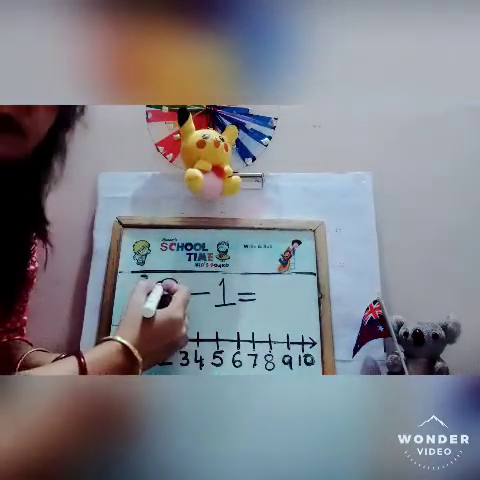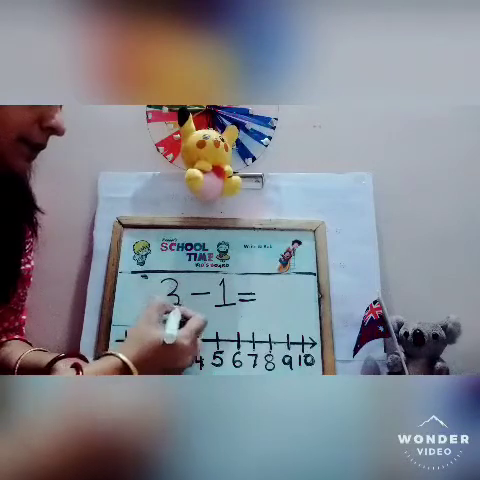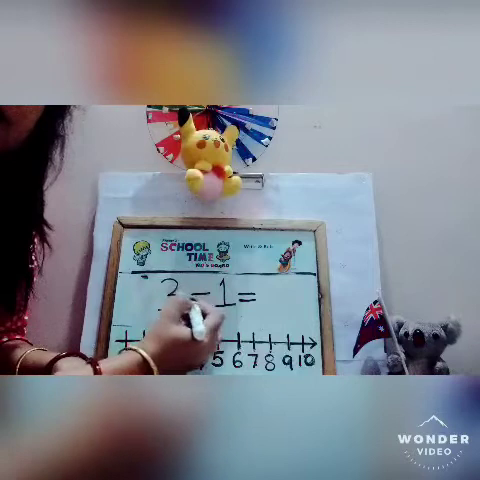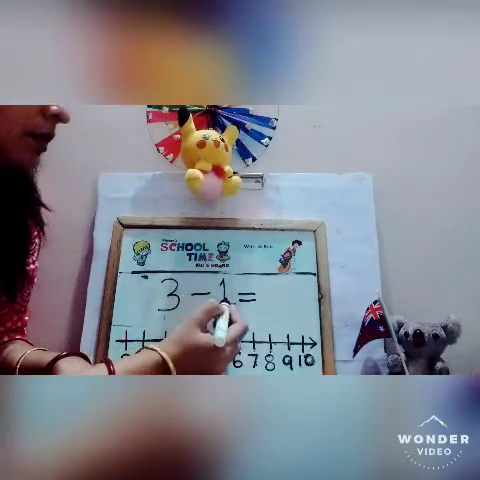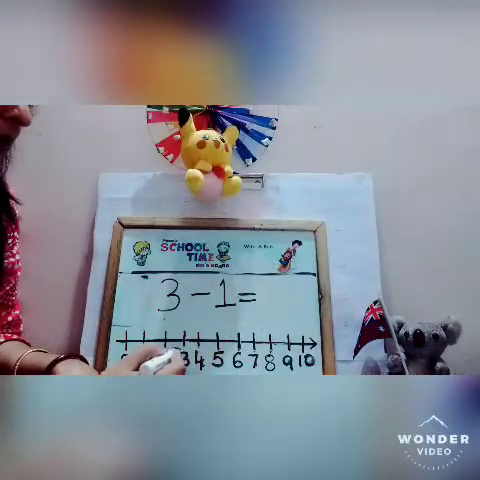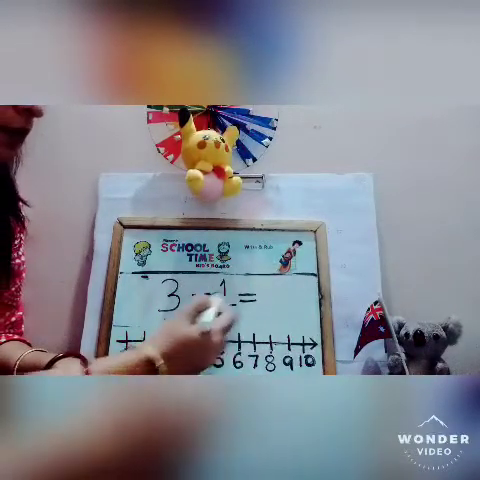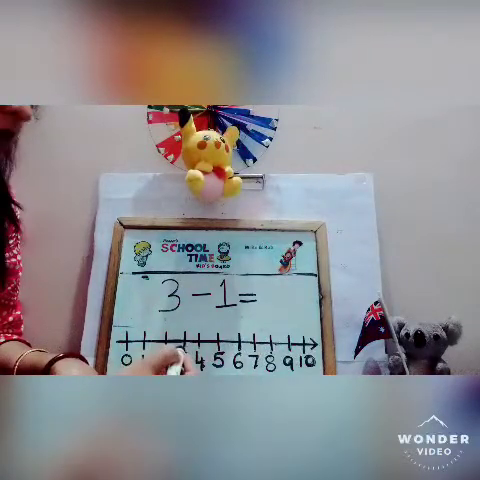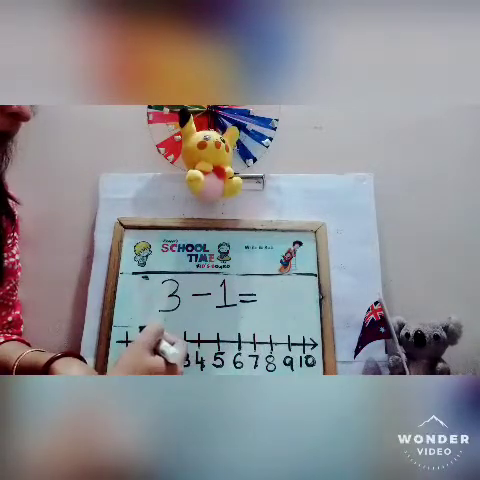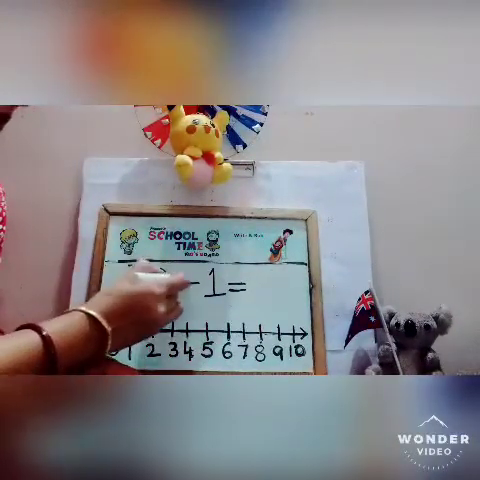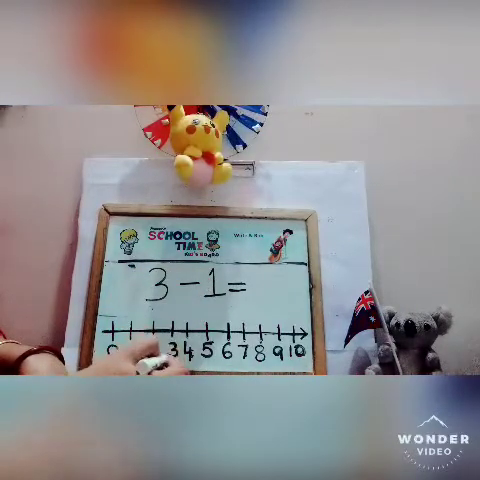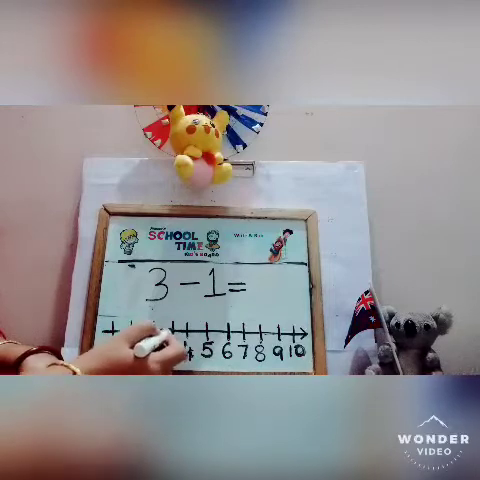Now what is written here? 3 minus 1. Minus means subtract. 3 minus 1 equal to what? Where is 3? Show me where is 3. In this we will go backward. We will jump backward. So 3 minus 1. So where is 3? Here. 3 is written here. So we will jump